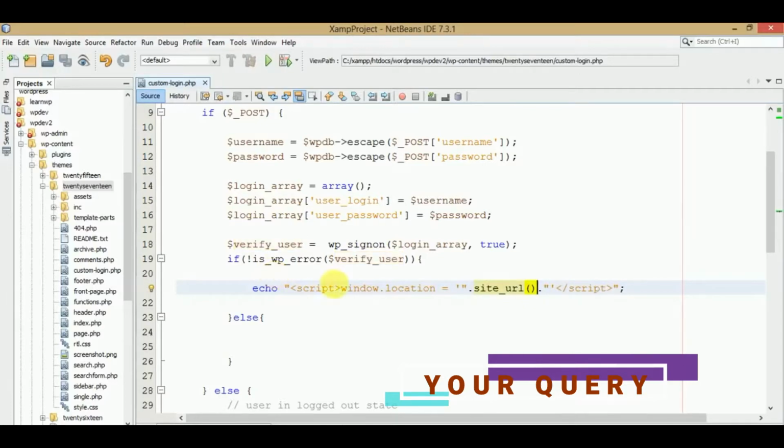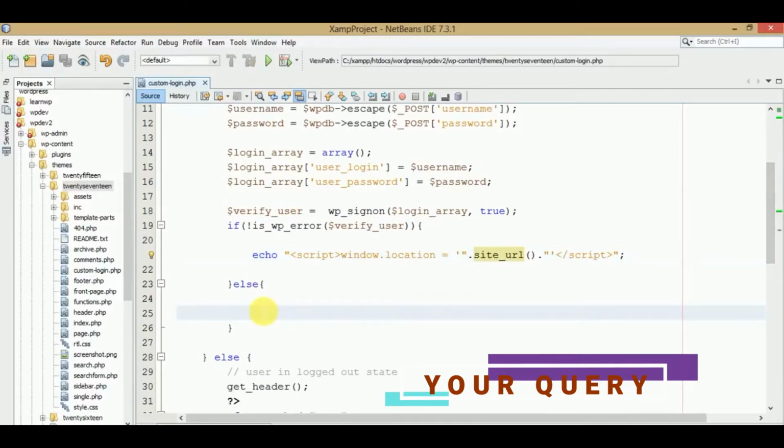To redirect the user, I have used a script code inside echo, where I passed window.location site URL, which means after successfully logging in, the user should be redirected to the homepage URL of WordPress. And in the else block, if the user has invalid credentials, then we need to show an error message to the user, like invalid